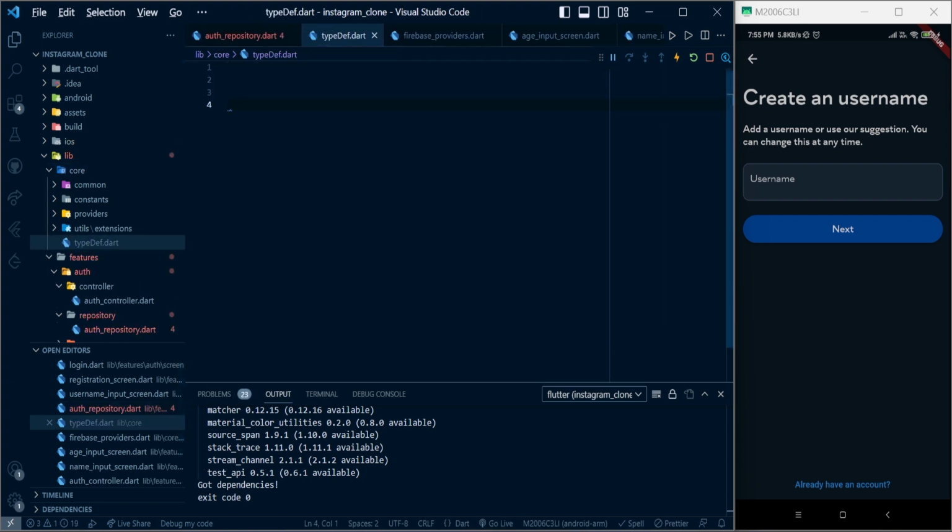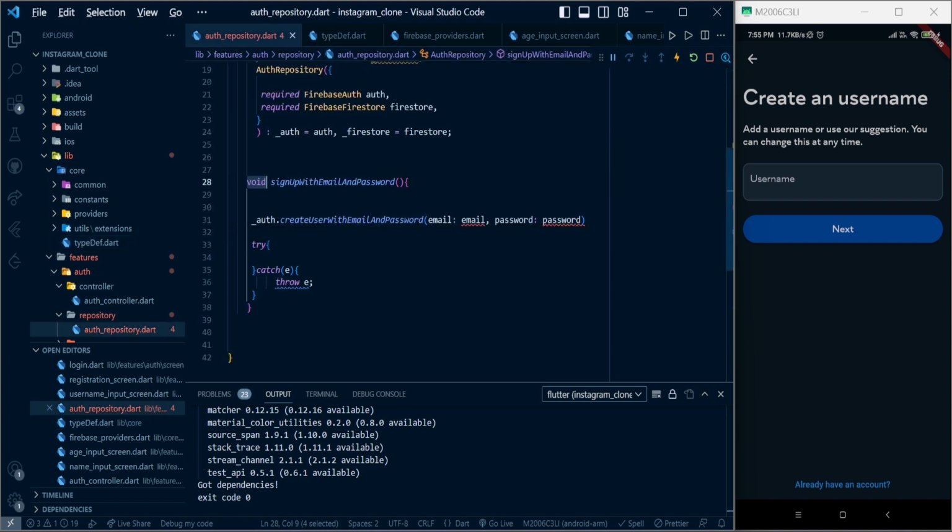What we are going to do here, we can also do like this. We can use Future Either,